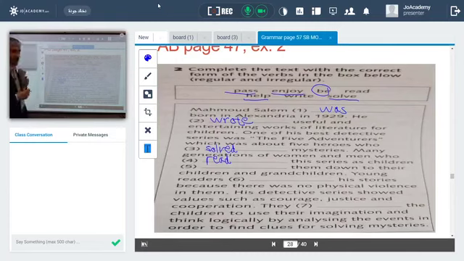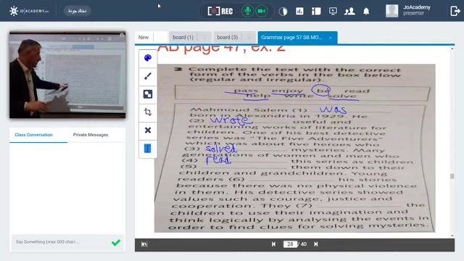It is an irregular verb, so we keep it as it is, but we pronounce it as "red", not "reed". So here we say many generations of women and men who read, not read, who read because it's past, who read this series as children,